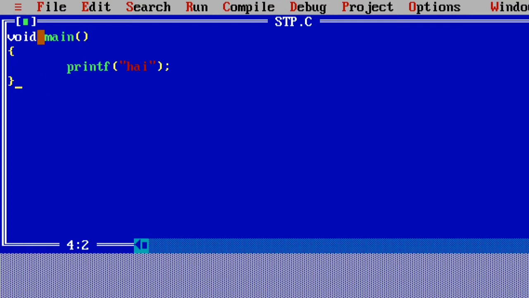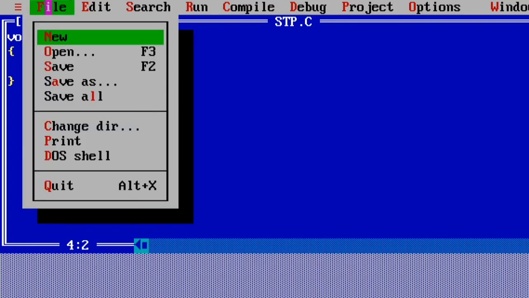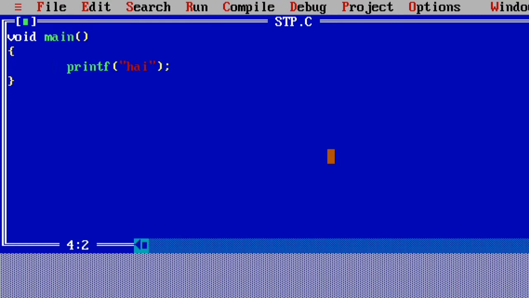Now I am writing the four lines of code here, and this code must be saved in that file only. So again I am going to the file and clicking the save button. Now the code is successfully stored in my file.